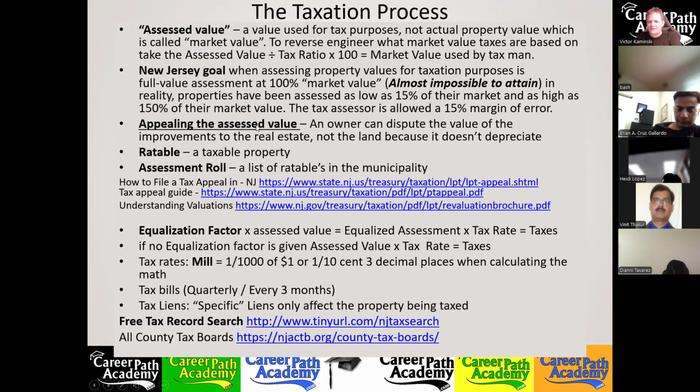So when doing a tax appeal, they make it a little bit harder here. You have to subtract the value of the land from the overall value of the property, and then figure out what they estimated the improvements value is. And you could only appeal the value of the improvements. This is why when they send you the tax bill, you see they say improvement value, land value, total value. They do that breakdown like that.